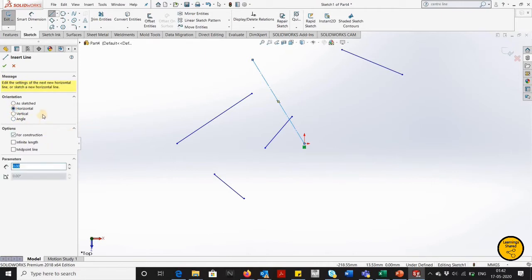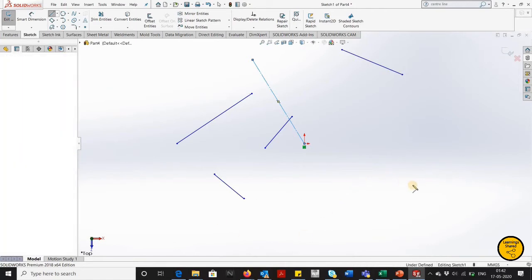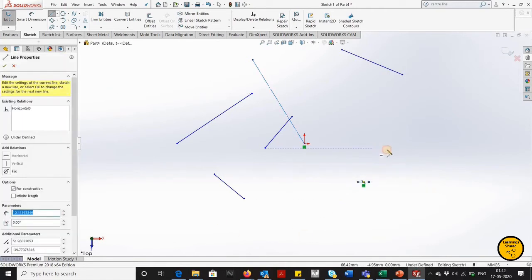Sorry, I have not explained horizontal, vertical, and angle. So horizontal means, if you select the horizontal and you try to make a line vertical or at any angle, it will not go, because horizontal means the line will be horizontal in nature. See, if I try to move my cursor up, it is not going.